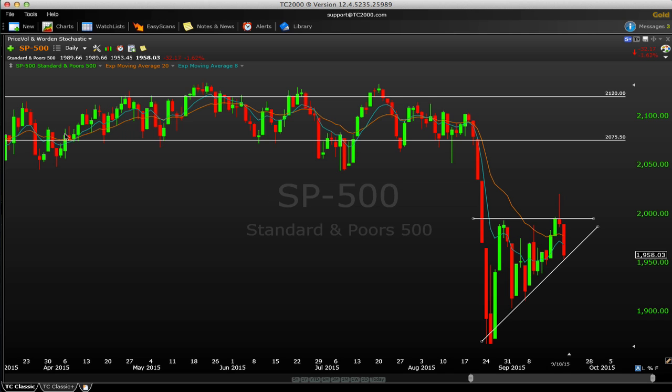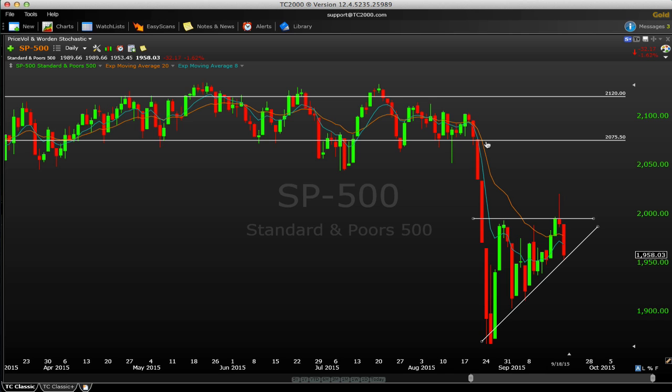To recap, we had this nice, clean, orderly sideways range that this market was trading in for several months. We had a sharp breakdown, and now we are building up here in sort of this bear flag formation. I'm calling this an ascending triangle with this flat top. Some people are calling it a rising wedge. Doesn't matter, however you want to draw the lines.